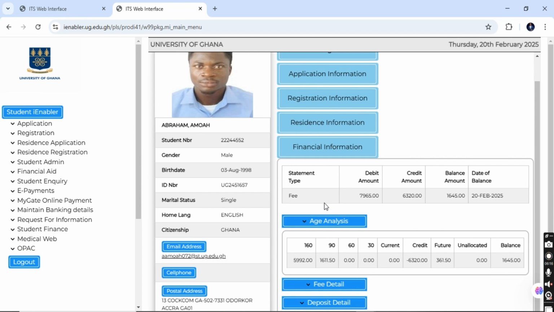Now, when you click on financial information, this is the debit amount. Debit amount is basically the total amount you are supposed to pay in all. And then credit amount is the amount you have paid so far. Since I started level 100, the total amount I have paid is 6,320 cedis. And then this is the balance that I need to pay,